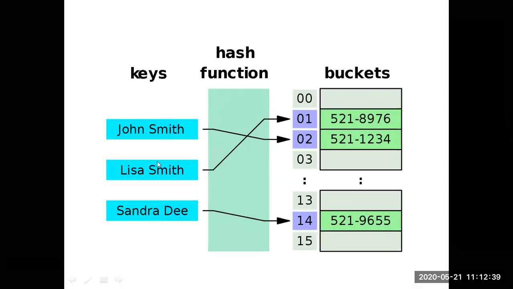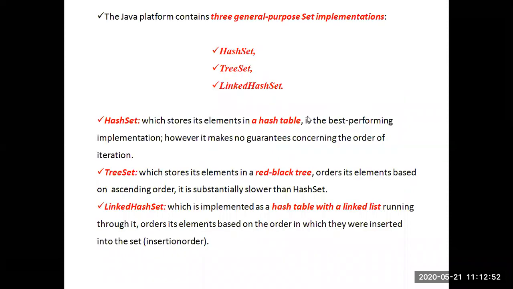We give the key value to the hash function, and the hash function will decide the location where we want to store the item in the hash table, that is, in which bucket we have to store. Clear? That is briefly the concept of hash tables. When we come to the hash set, internally it will store the values by using the concept of hash table. When we create a set using the class HashSet, internally it stores the values using the concept of hashing.